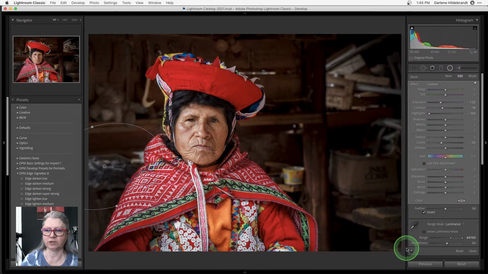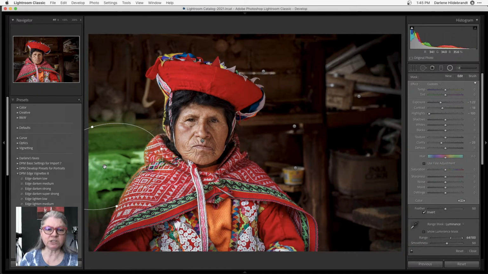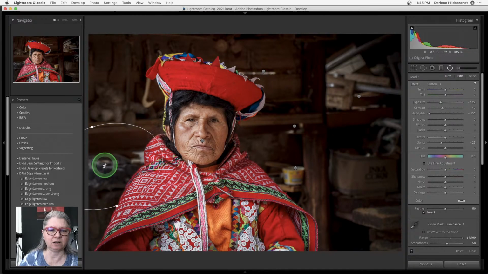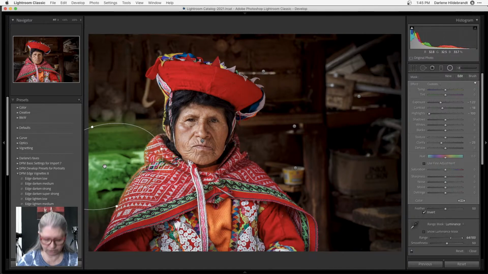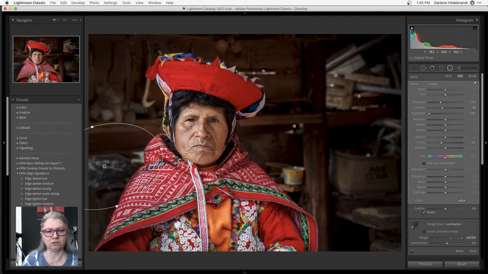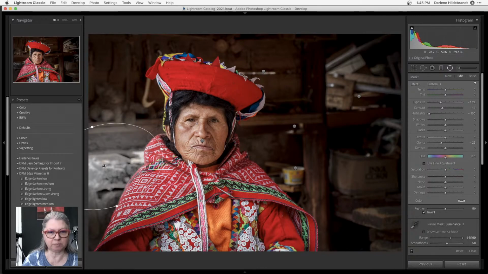Okay, and one trick I'll show you on this one: if you want to see where it's applying, you can hover over the dot and you'll get this little overlay. If yours is not showing green, there are different overlay colors. So if you press O on your keyboard, the overlay will show up. But if yours is showing a different color, hold Shift and just keep pressing O. Now it's white, now it's black, now it's red, now it's green. I use the green because it's kind of neon and it really stands out against most images, especially if I'm doing a face.